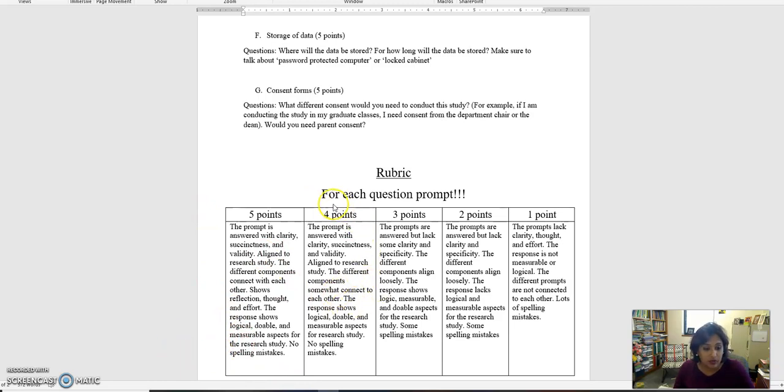No spelling mistakes. Once again, 4 points. Basically here, the difference is the fact that the different components are somewhat connected to each other. Answer may have less clarity on things like that. The prompt here is your answers lack clarity. I don't expect any one of you to have spelling mistakes, but if you have spelling mistakes, it's going to reduce down to 3 points for that prompt. The way I have set up the rubric is so that you actually score between 5 and 4 mostly, or a bit of 3 in some of the prompts,